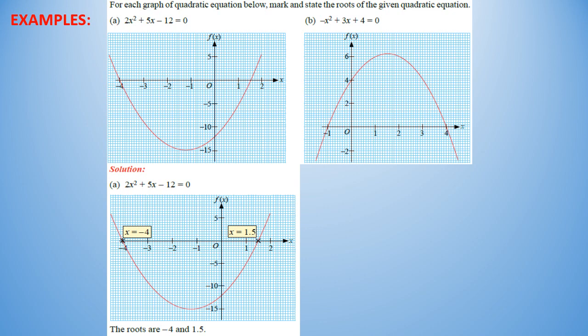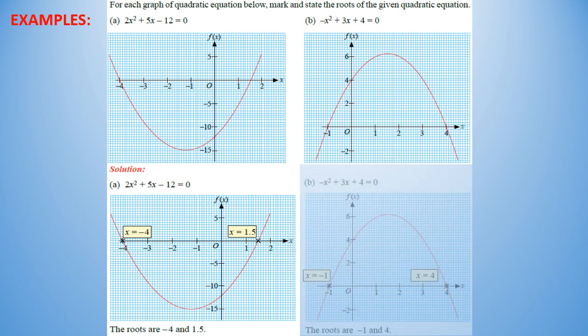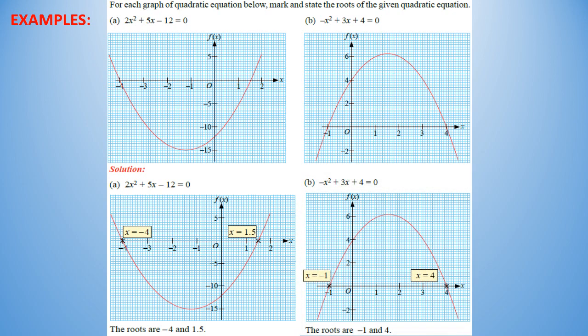For this one also the same. Okay, this one, the first x-intercept or the first root, x equal to -1, the second x-intercept here, and that means the second root is 4. Okay,